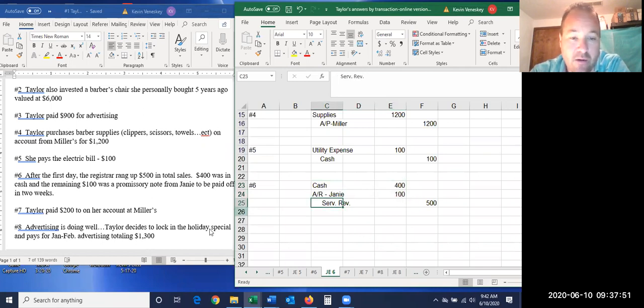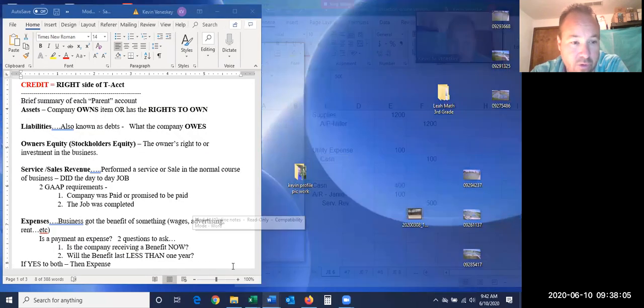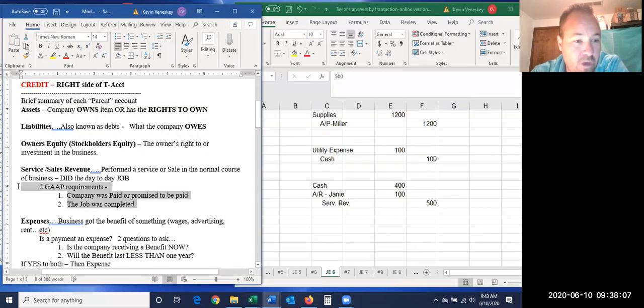And then we come down here and just show our service revenue. As for why I got these two, I got both of these because I did my job. And if we go back, we can answer that. We can make sure we've answered these two questions back in my notes from what we did in our past